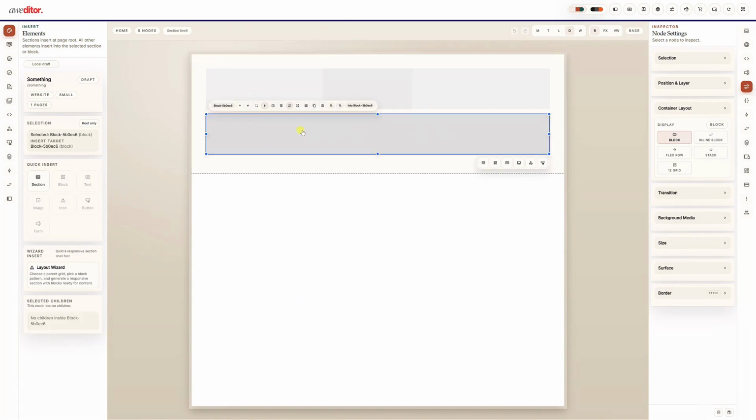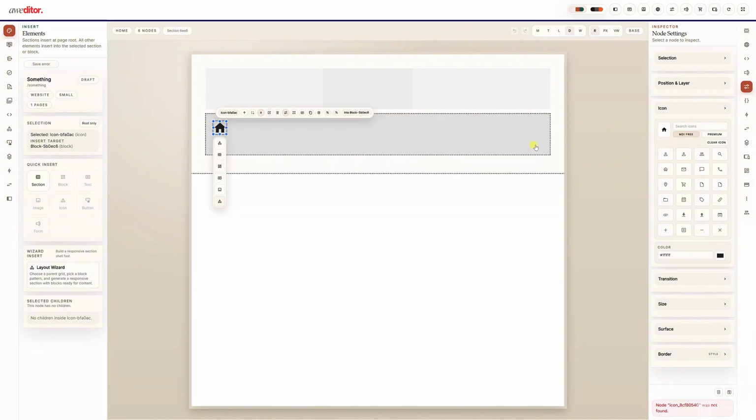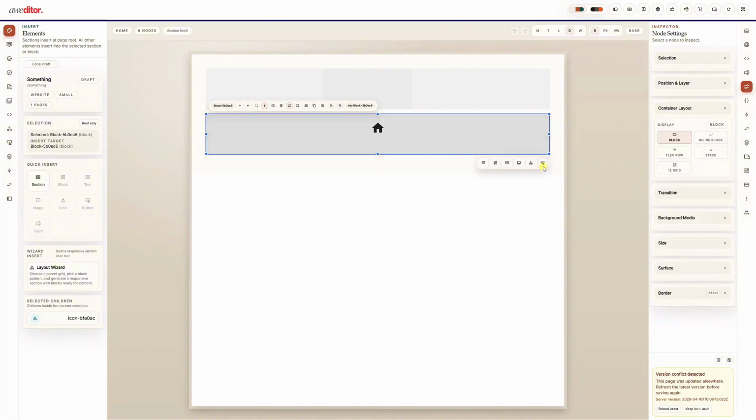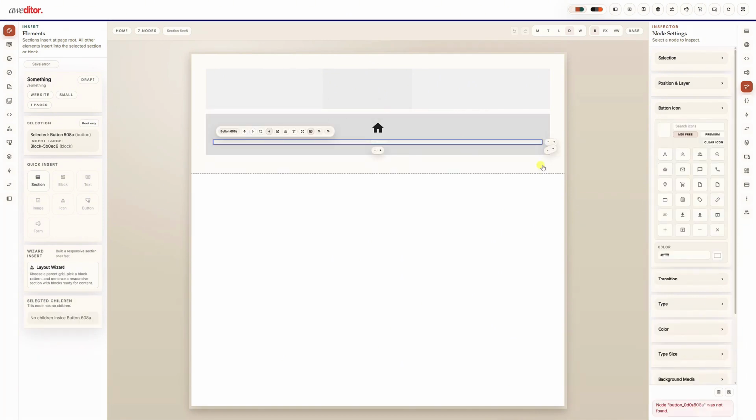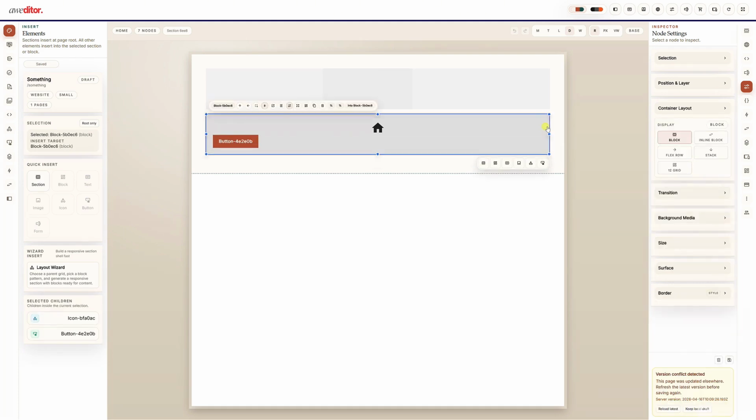Okay, so now I'm going to have an item here and I'm going to put in icons. So let me put in some icons, and I'm going to put in a button as well. Now I'm going to change this from block to flex row, as we discussed, flex. Now, when I do that,